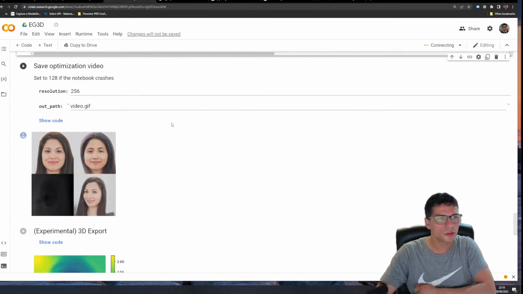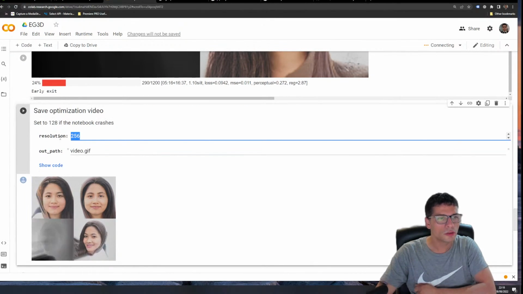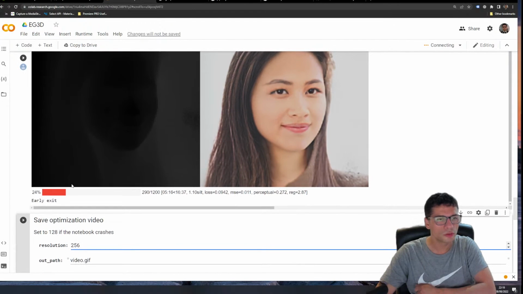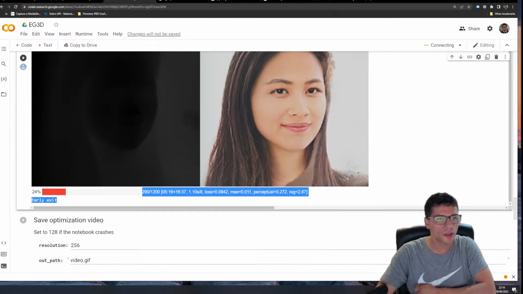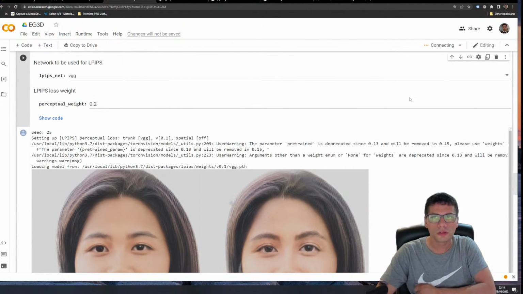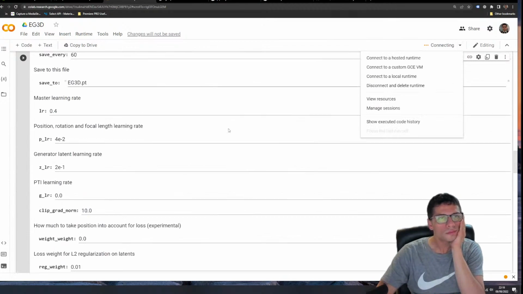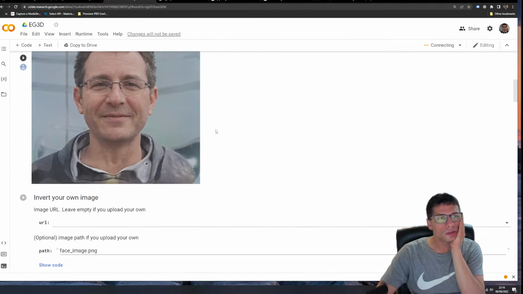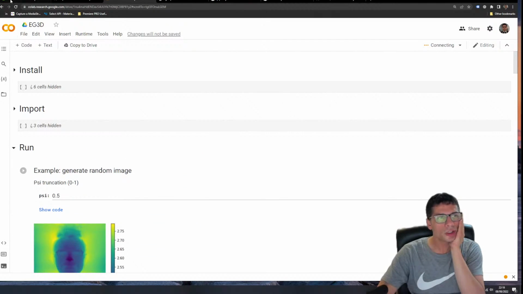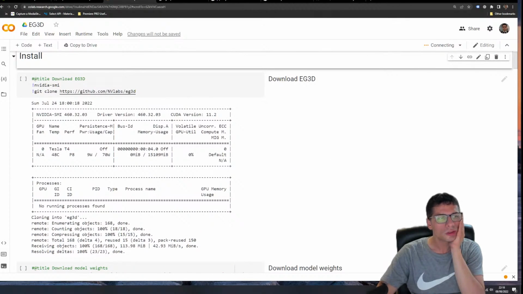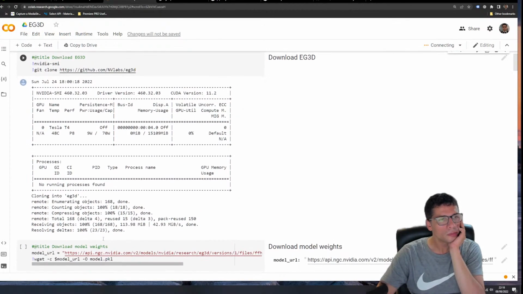I got disconnected. Oh, okay, so they're saying if this crashes, we should reduce the resolution. Early exit. Okay, it doesn't always go to the 100%. So maybe I can download this and see if this can actually run on my environment,